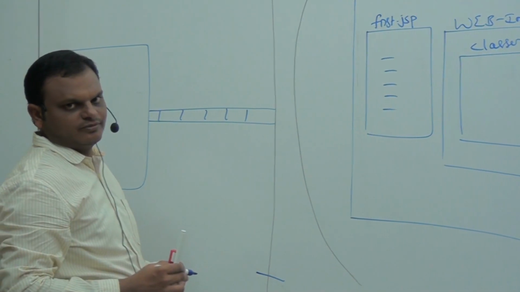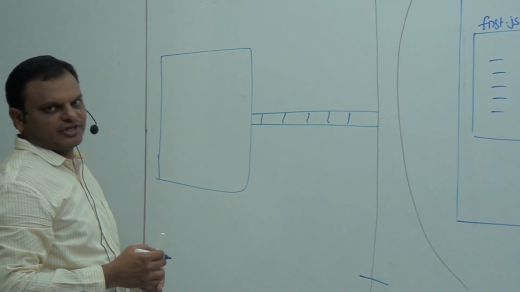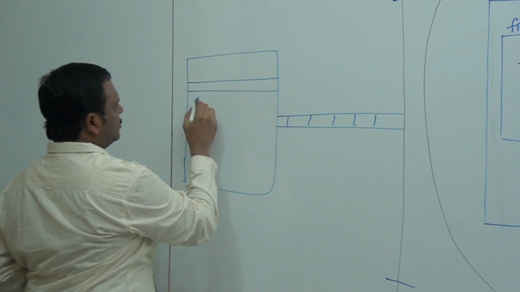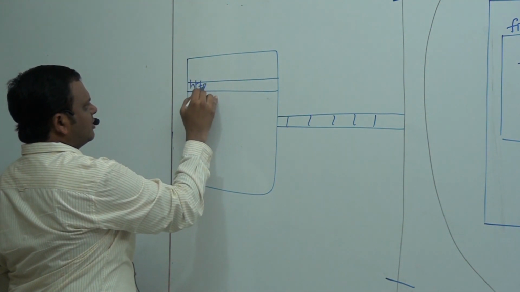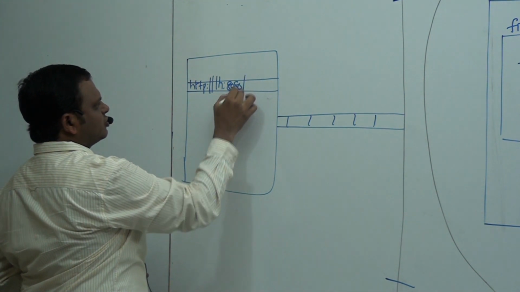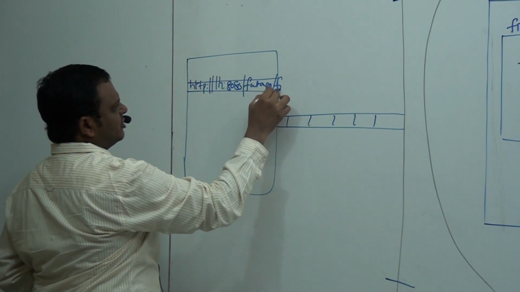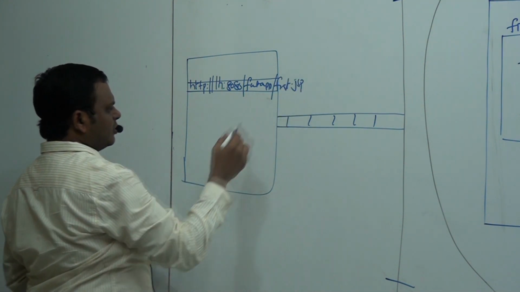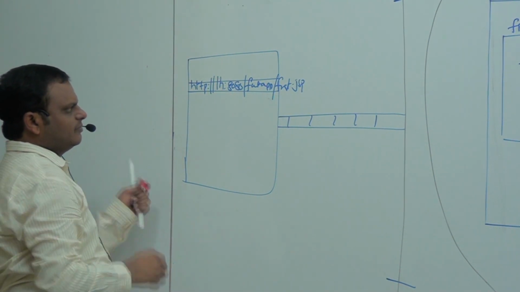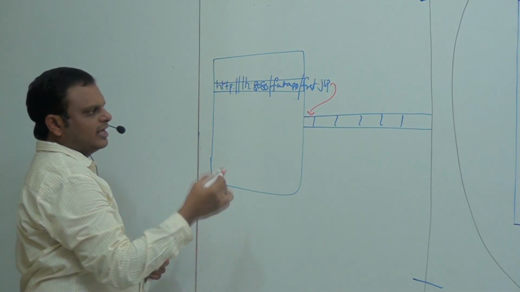Whenever the server is started, now from the client browser, I want to access first.jsp. To access this first.jsp, first we have to specify some URL. That URL is http://localhost:8080/firstapp/ and we need to specify the JSP page name. Whenever we specify this complete URL, automatically a request will come to the protocol.